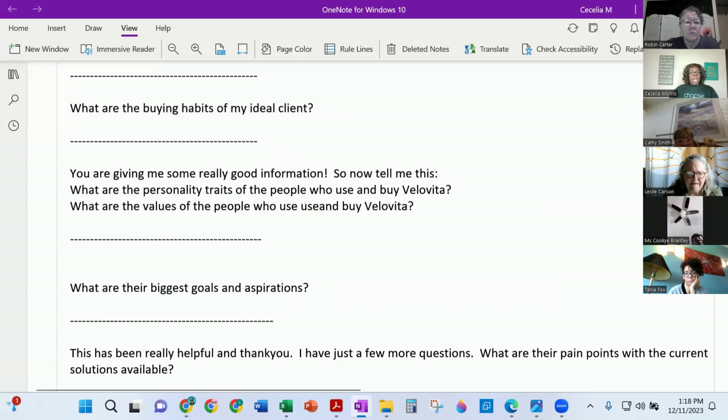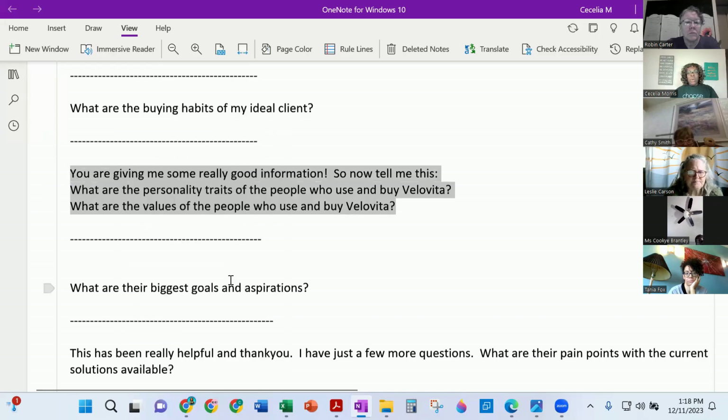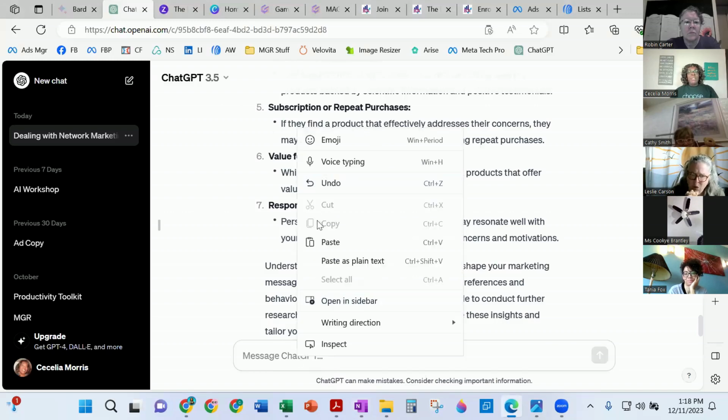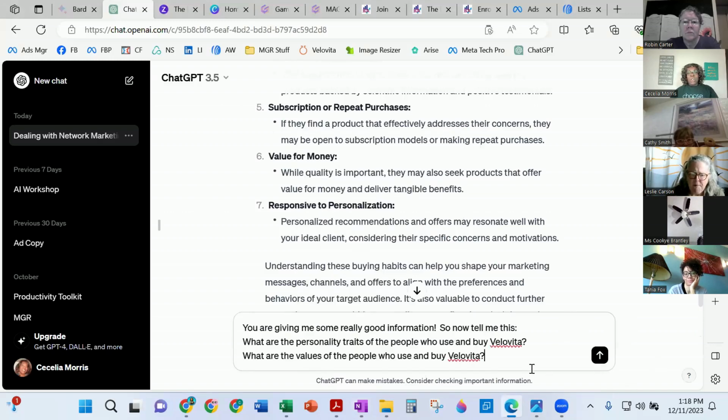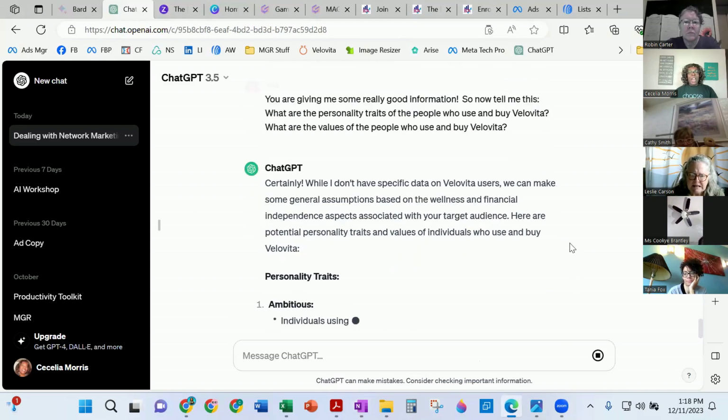Got an extra one in here. All right, so I'm going to copy this over. All this information is this market research. In 2021, 22, and before ChatGPT in 23, my clients would have to do so much online research to find out this information. And now you can do it with ChatGPT with the click of a button, right?